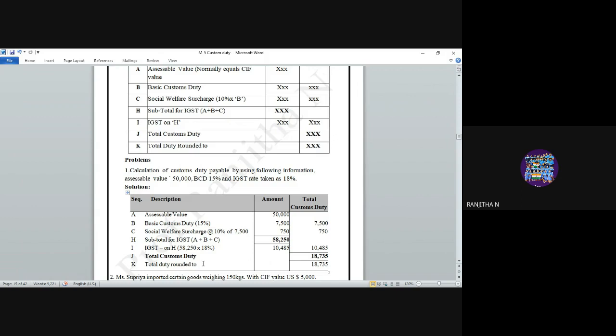Is it right? When I was explaining the format, I said that you need to round off the answer to the nearest value. See, I can't find my answer in decimal value. It is not in decimal value. Is it right? The value need not be rounded off again. For example, if the value is 18,735.68, in such a situation we are going to round off the value. But here there is no necessity of rounding the value. The value which is given is clear. Okay, if it is in decimals, then you go for the round off, or else don't go for the round off of the final answer.